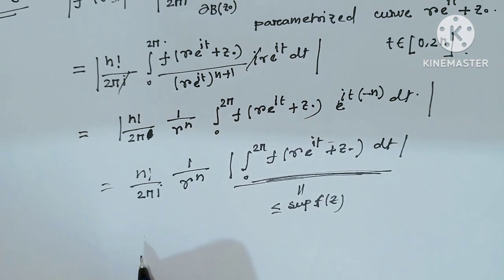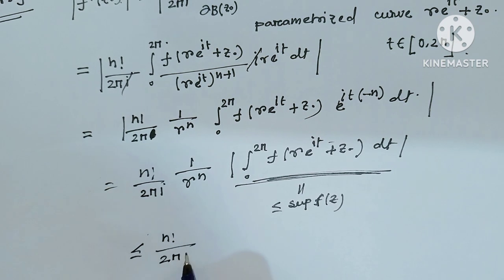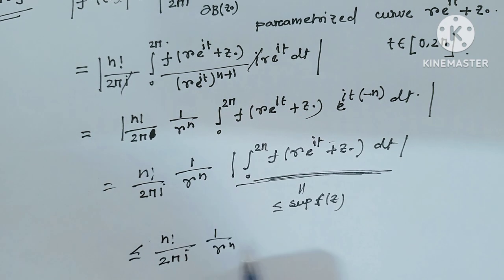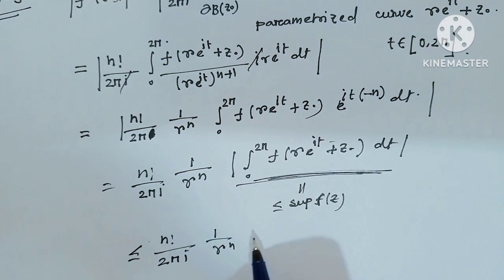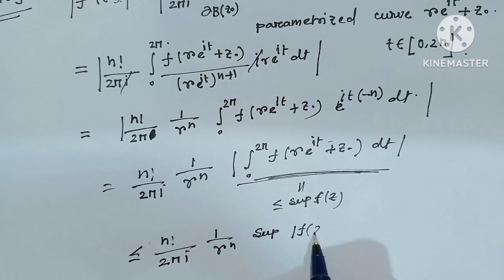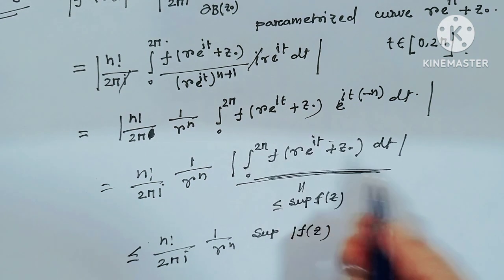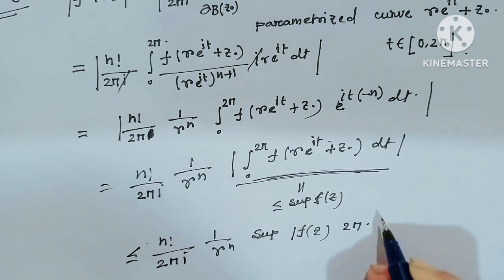So this value is less than or equal to n factorial over 2π times 1 over r to the power n, times the supremum of f(z), and the integration of dt over 0 to 2π is 2π,